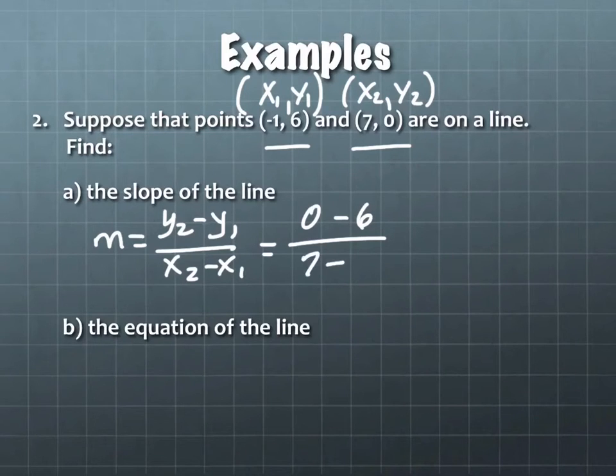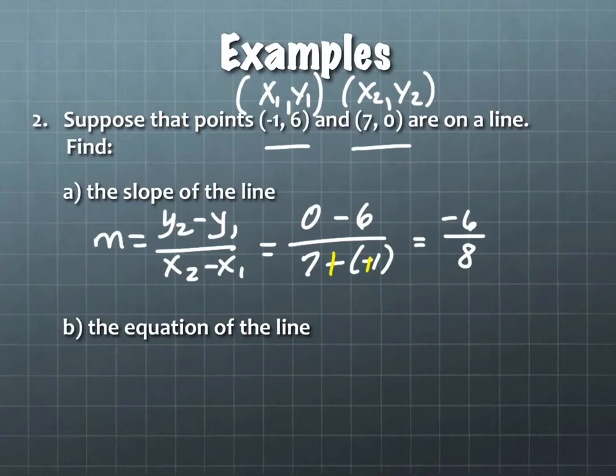7 minus, and what is x1? Negative 1. Be careful about your negatives. It's so easy to lose a negative in these problems. It's minus a negative 1. And of course, minus negative 1 is plus. So I have 0 minus 6 in the numerator, which is negative 6. And I have 7 plus 1 in the denominator, which is